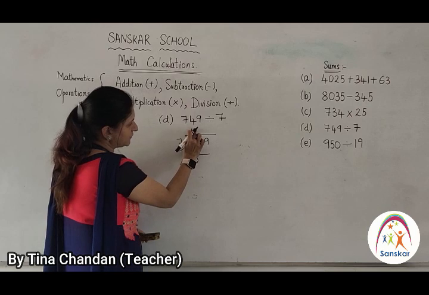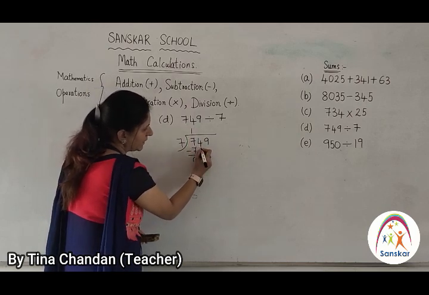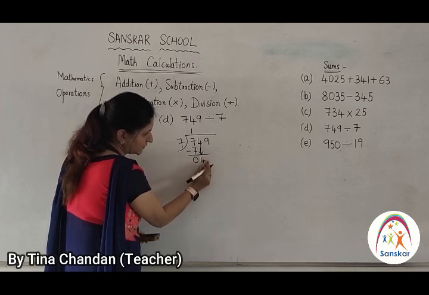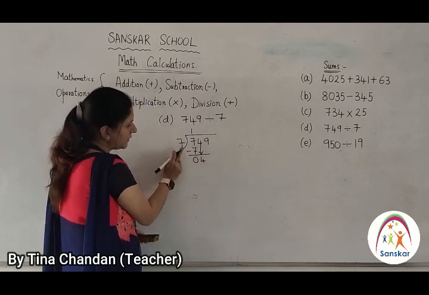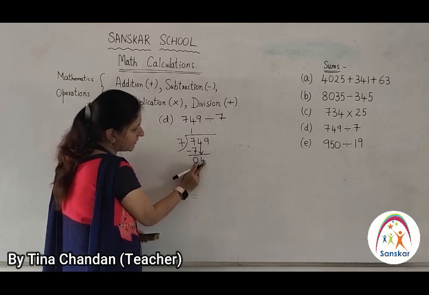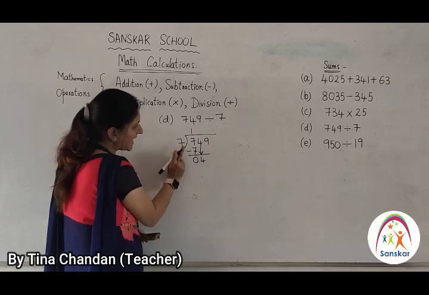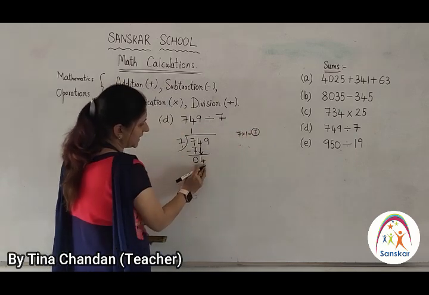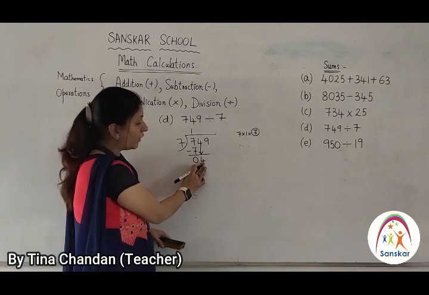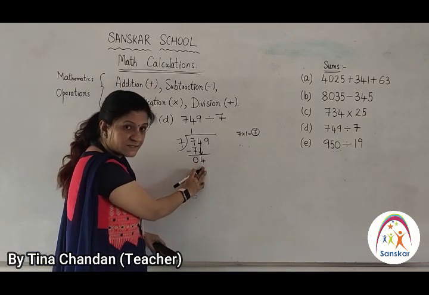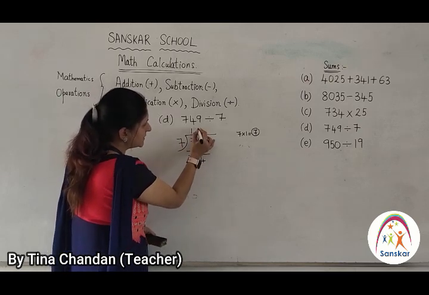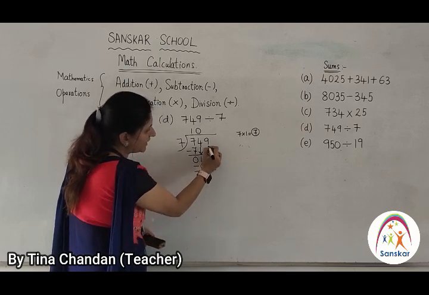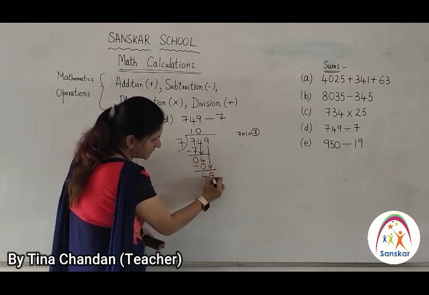Now 7 times 1 will give you 7, okay. Now what you are going to do, place the next number below or next to 0. Now you got 4 over here, but in 7's table you cannot get digit 4, as 7's table starts with 7, okay. 7 is a bigger number than 4. Then what step are you going to follow? It is very important to take the 0 step over here. 7 zeros are 0, okay. By taking the 0 step you can carry down the next digit also.